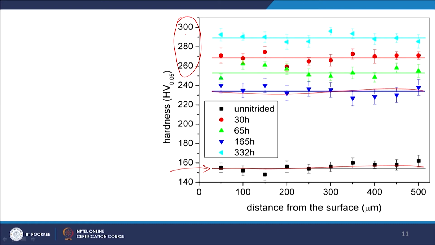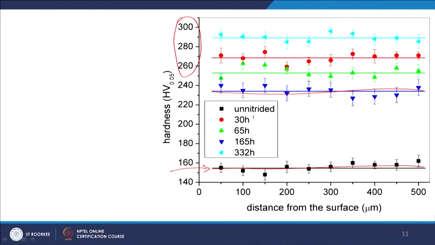That is understandable because we have seen in the previous slide that the precipitates are coarser. That already tells us why they are coarser: the reaction is progressing very slowly. If you look at these nitriding times, they are orders of magnitude higher than in the case of iron, chromium or vanadium.